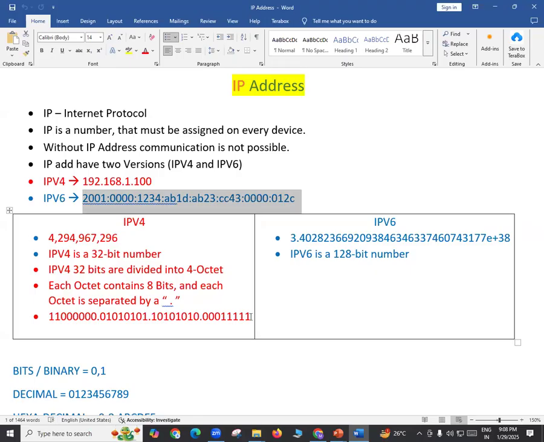But till today, 2025, the majority of companies use IP version 4 as their number, at least within the company, within the local area network, my friend. If I say majority, I'm talking about nearly 95% of companies across the globe, or let's say 97 to 98% of companies across the globe. Within the local area network, they will use IP version 4 only.